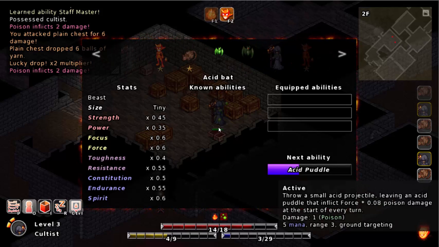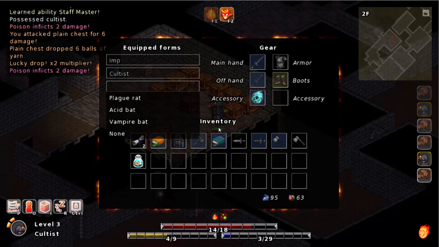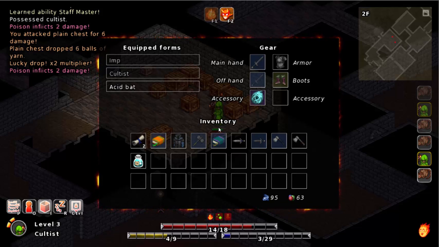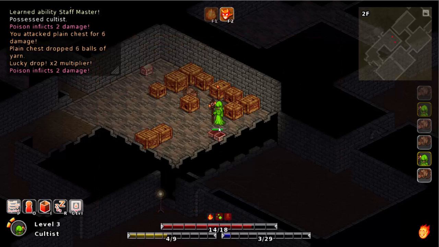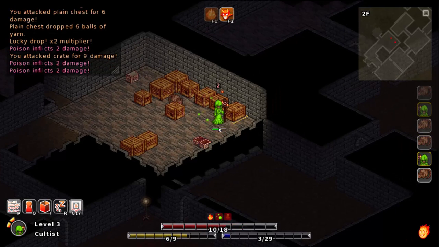see if I've been leveling up Acid Puddle. Crap, I haven't really been paying attention. Maybe, okay, so I'm like right between the I and the D. Okay, we'll equip the Acid Bat. By the way, if you do switch too much, then you get some soul fatigue. So your first assignment is free, but then all the ones after that cause...